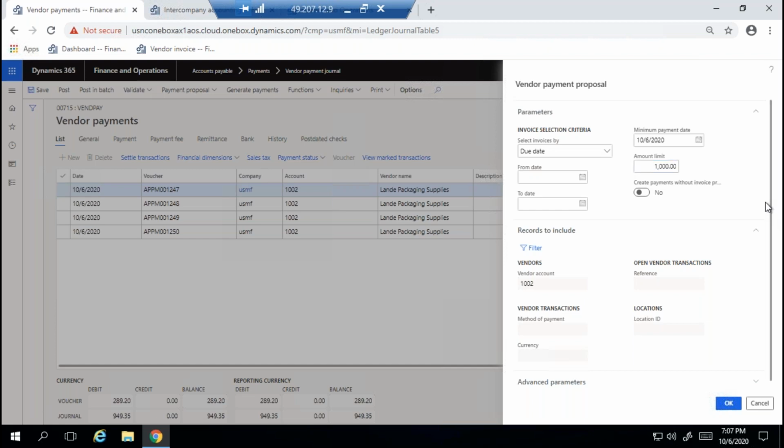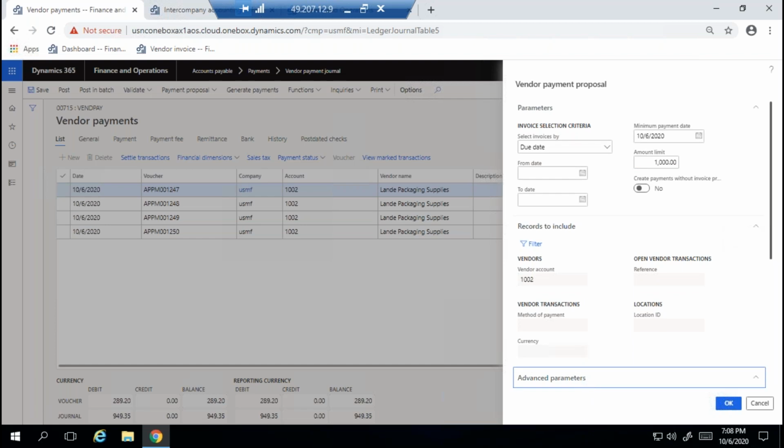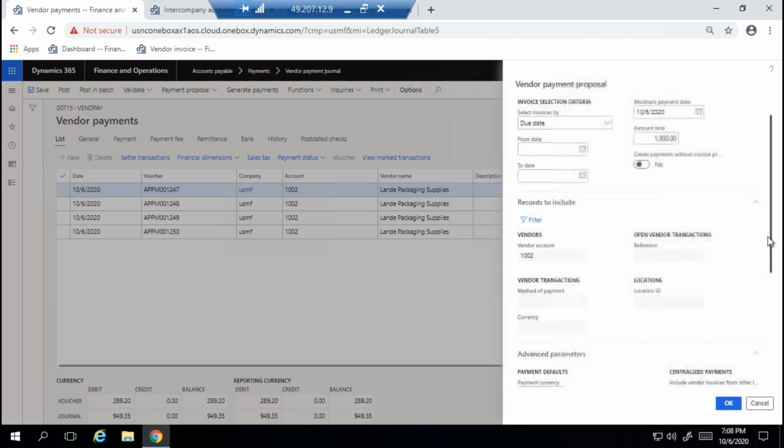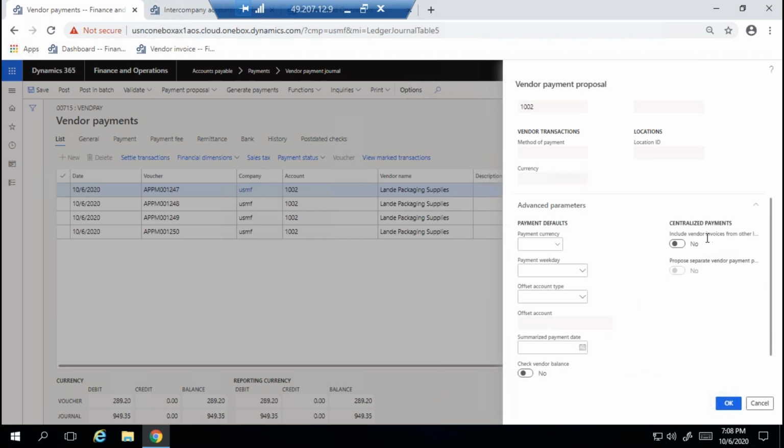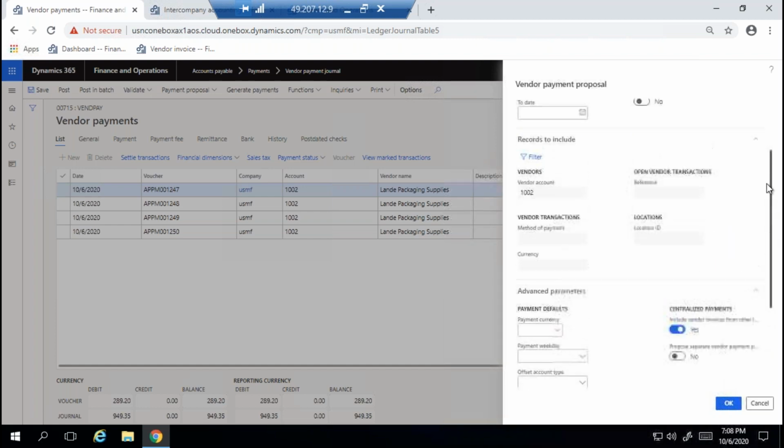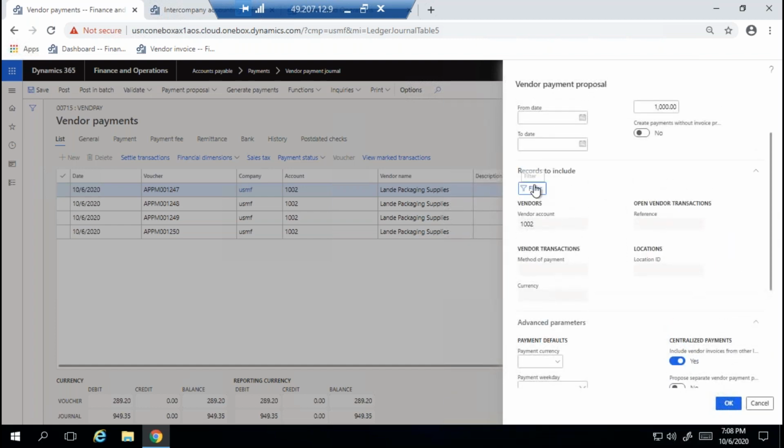Now if you want to do the payment for other companies also, other legal entities, then we have the option called include vendor invoices from other legal entities. Then you can select the filter. In this filter, it will show you other legal entities also.